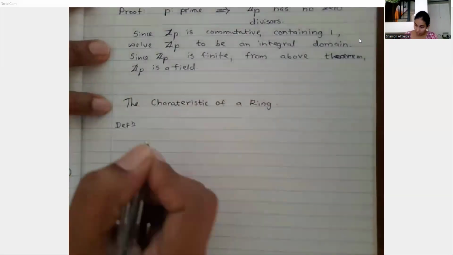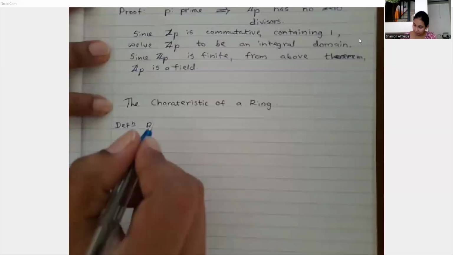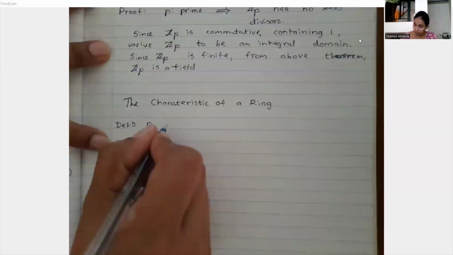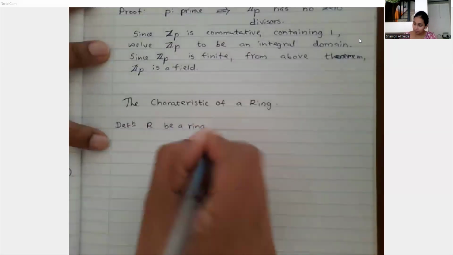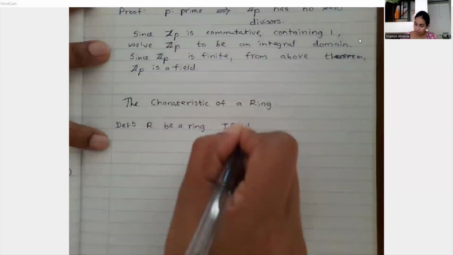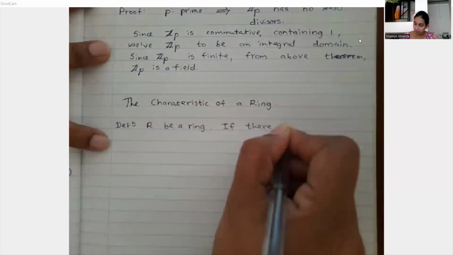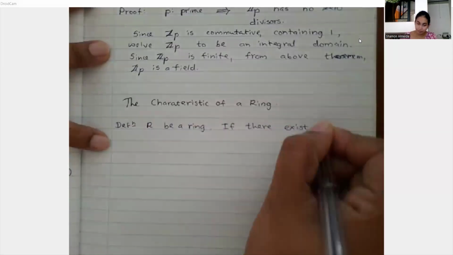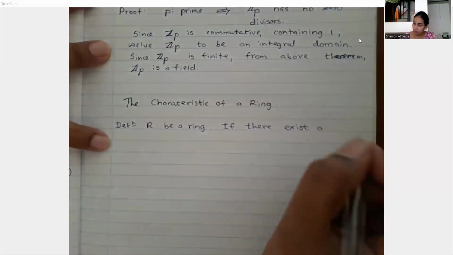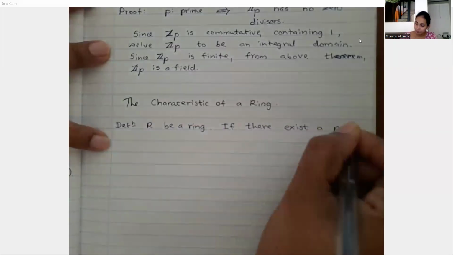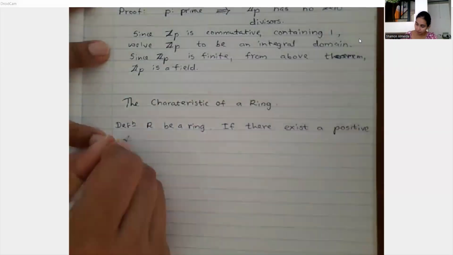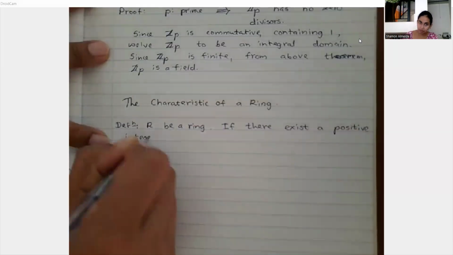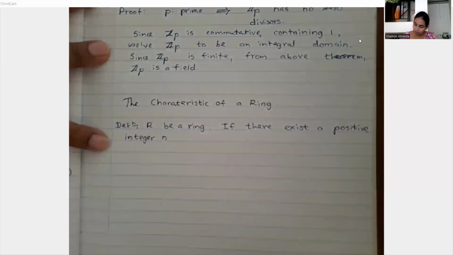If you take R to be a ring, let R be a ring. If there exists a positive integer n such that